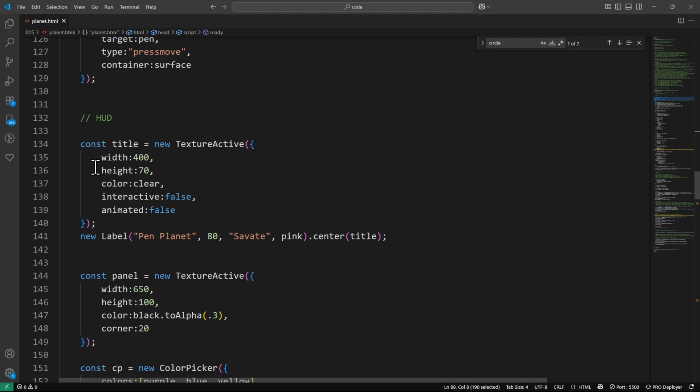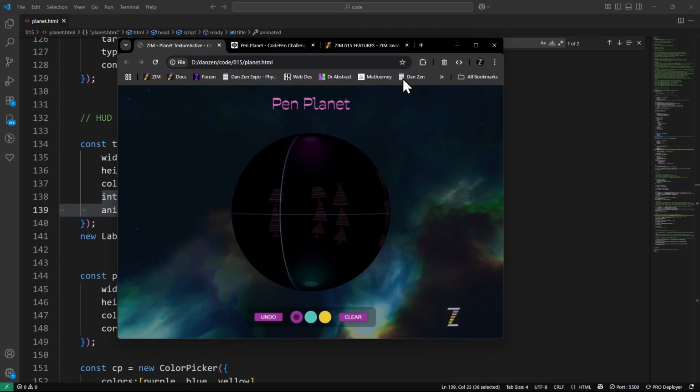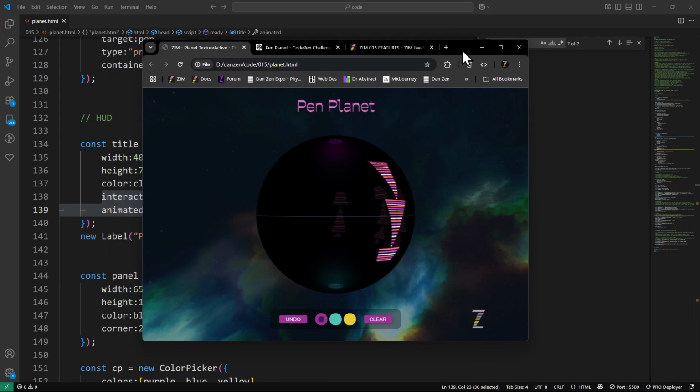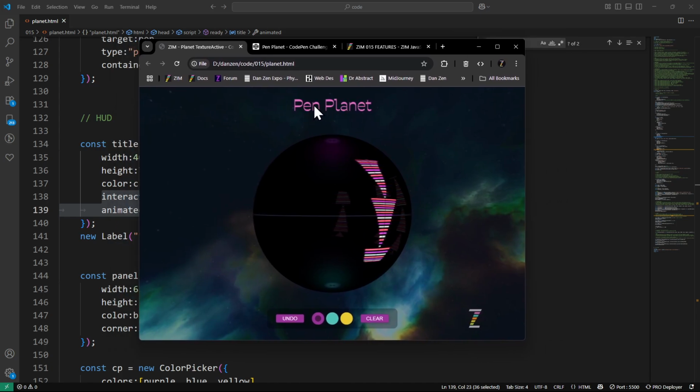Here's the texture actives for the HUD. We're preparing for a title here. We've made it clear we haven't bothered making that interactive and animated. That just means that we don't have to do the raycasting on it. By default it will be interactive and animated. If it's not interactive, you can still do an animation. So if we could animate this, we wouldn't want to set animate to false. With animate false, it doesn't even update the cache because it's just done once and it gets put on the